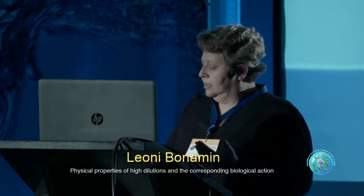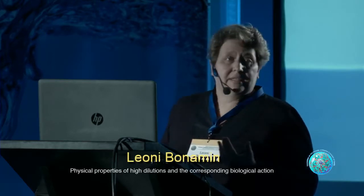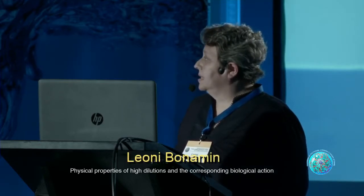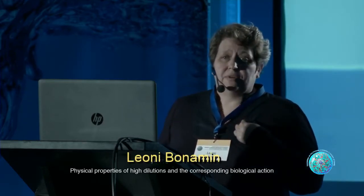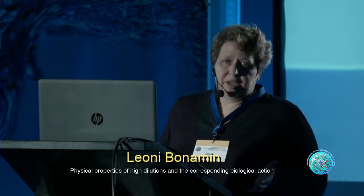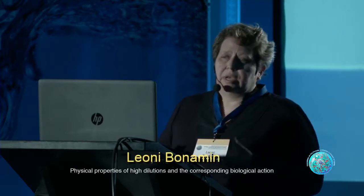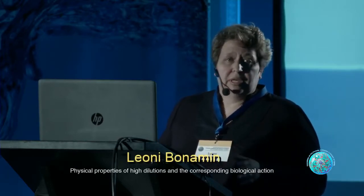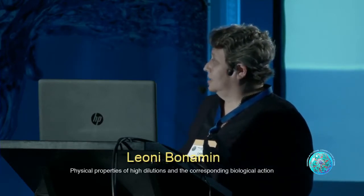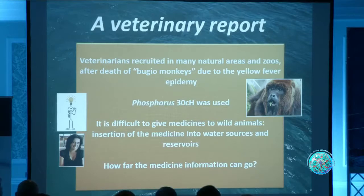These states didn't have this kind of disease before, but this year we could see many cases. But for human beings, it's easy because we have very efficient vaccines. People were vaccinated to the yellow fever. We had some deaths, of course, but not so much. And to humans, it was okay. The trouble was to monkeys. They were completely susceptible because there was no vaccine to them, and mainly this kind of monkey, the bugio monkey,